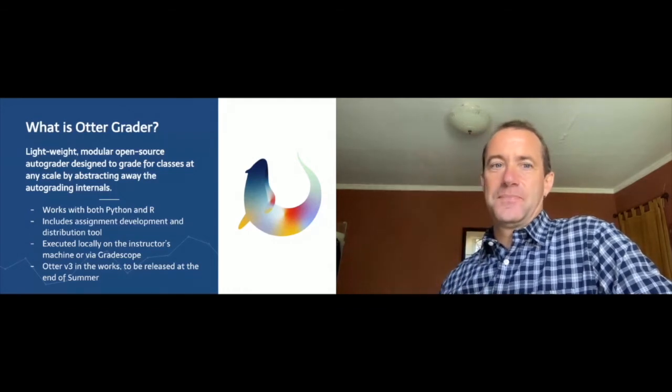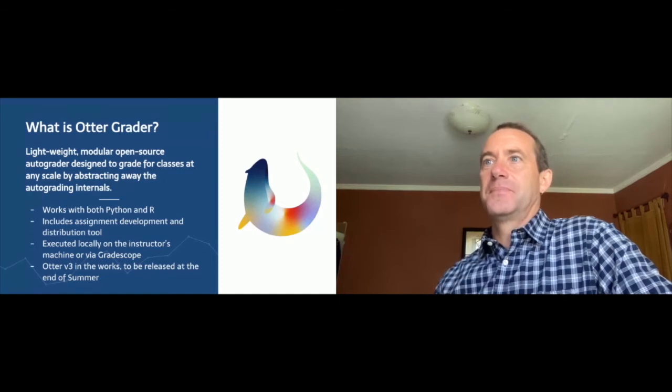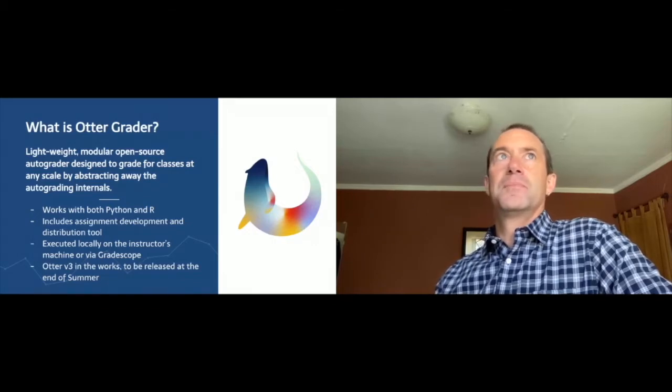And as David asked in the chat, is this an extension or renaming of nbgrader? Something different? This is a different effort. So nbgrader is the Jupyter extension for auto grading, and it's built very much into Jupyter as a service, and Otter is not. Otter is kind of its own thing. It's just a Python package that you can pip install, and it is a separate effort.